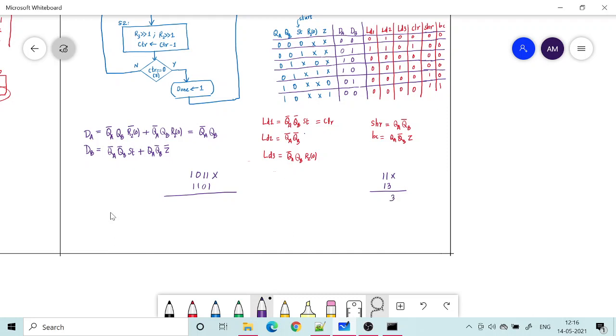So if you do the simple multiplication, how do we do it? We first multiply 3 into 1, so that is 3, and then 3, and then 1 1 1. So this is our decimal multiplication. So 3 plus 1, that is 4.